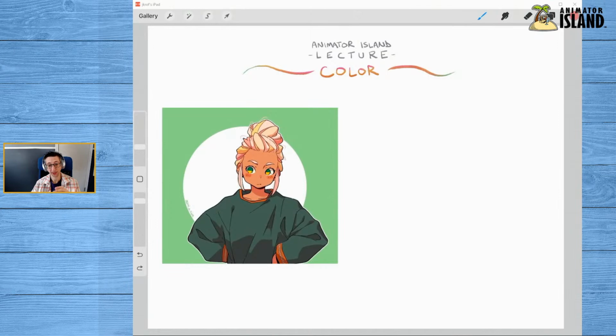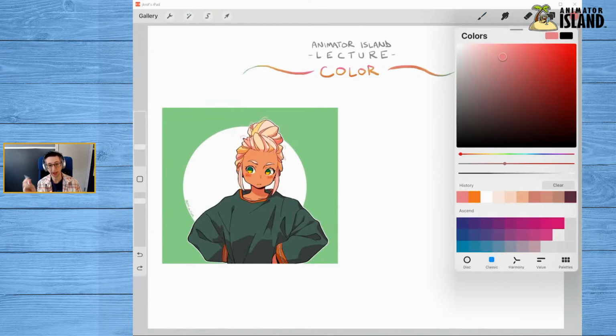The other way is what we would call picking by eye. The way picking by eye works is you keep your reference there on the screen, and you go up to your color picker and you try and pick a color from the piece by eye, not with the color picker tool.